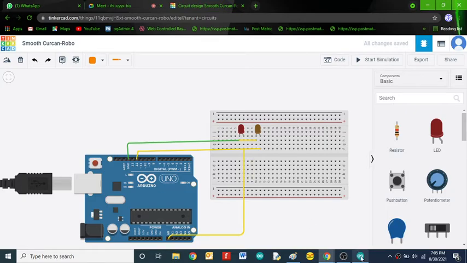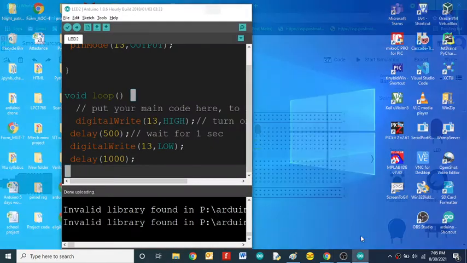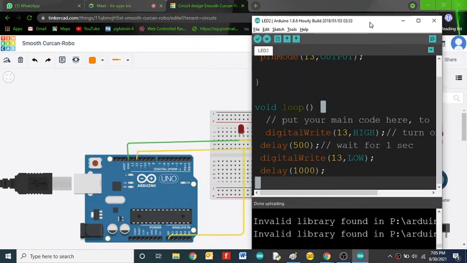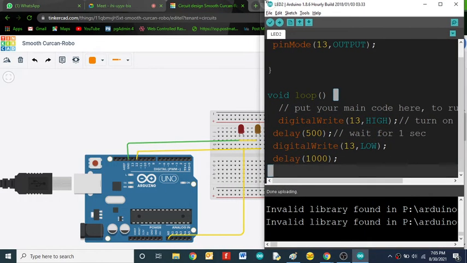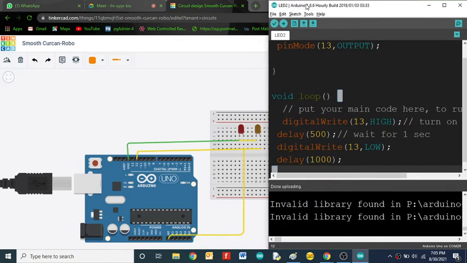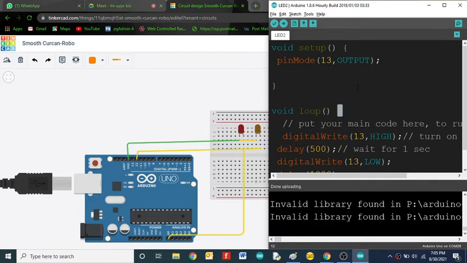So now tell me a code for series blinking. We already have the LED1 blinking code, right? Now we have to add a second LED. How are we going to do that? Anybody?